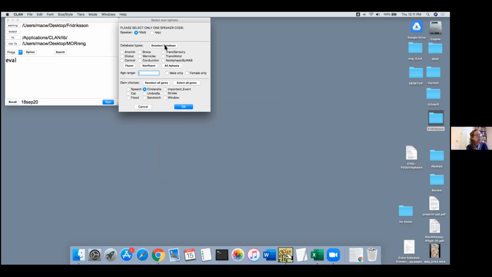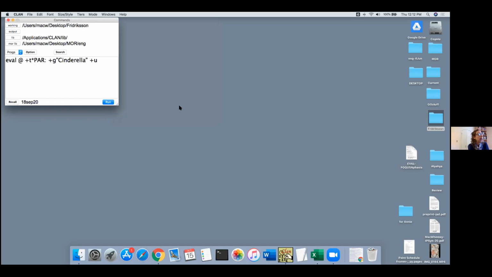We'll do that later. And then down here, it looks like I already selected the Cinderella gem, but if you wanted to look at how he did on his stroke story, you would click that. If you wanted to get rid of that, you just unclick it. But let's look at how he did on the Cinderella task. You can select all gems, you can deselect the gems. But anyway, we'll look at the Cinderella task, say okay. And then what happened here is that